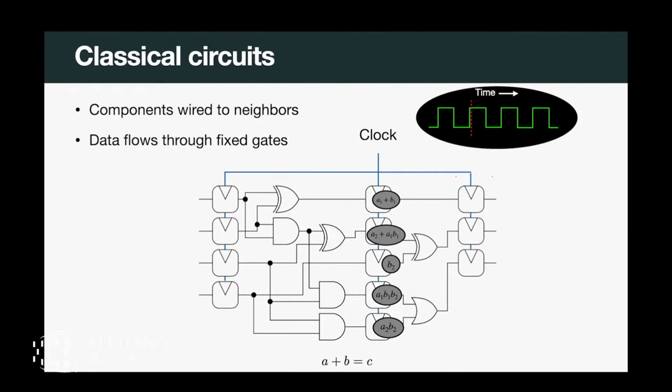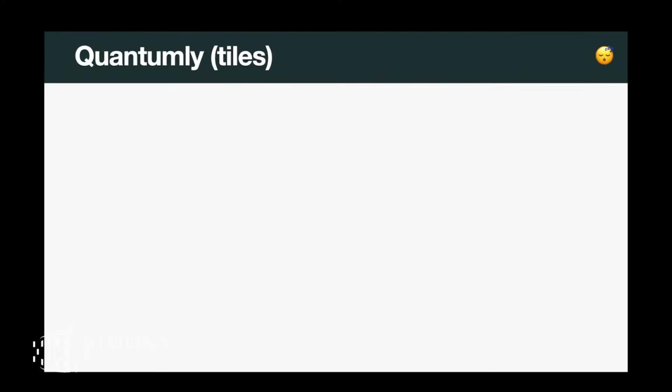And then you have the next clock cycle. The input gets copied to the output, compute a little bit more, and you have your answer. And then eventually it appears. So this is just an adder. But roughly, we would like to copy this quantumly in some way. And then we can hope that maybe we have some analog of a clock signal, and then maybe the majority of the wiring that actually does the computation is all local. OK. So we can copy this, except we can't copy.